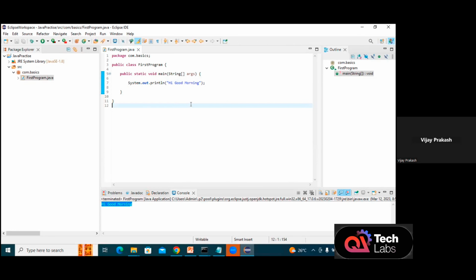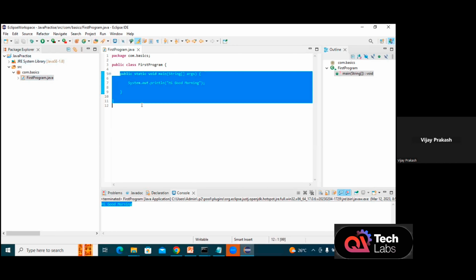Okay, so I'll just pause here for a moment. Any questions till now on how this Eclipse editor works, how we create a package, what is the science which is happening behind these compilers, how a Java program is being run, what is the main